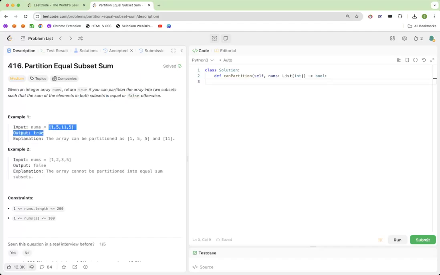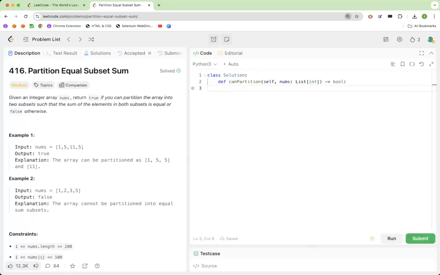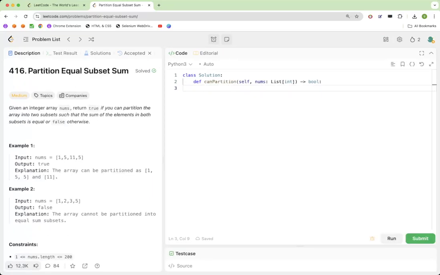So given some input, let's make that a bit bigger. Given some input, we say this is true if the sum is going to be 1 plus 5 is 6, plus 11 is 17, plus 5 is 22. So the total is 22. For this to be evenly partitioned into two subsets such that the sum in both subsets is equal, for that to happen,